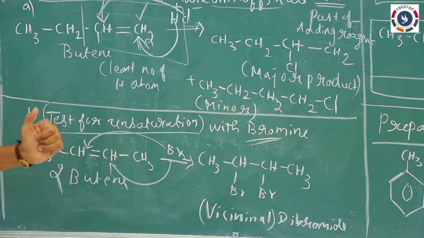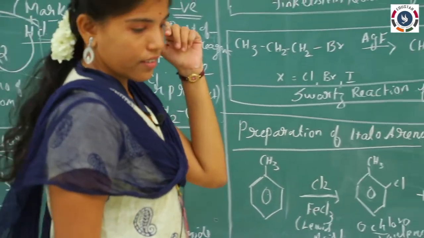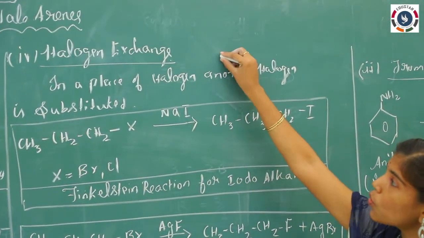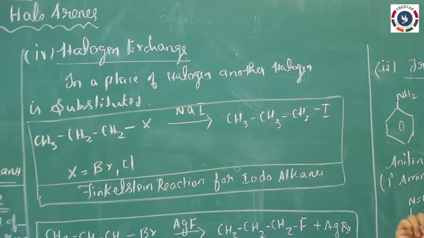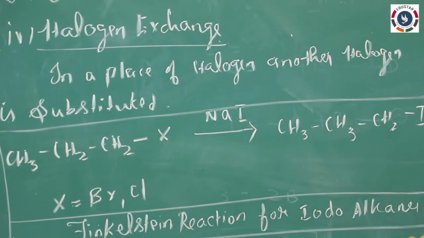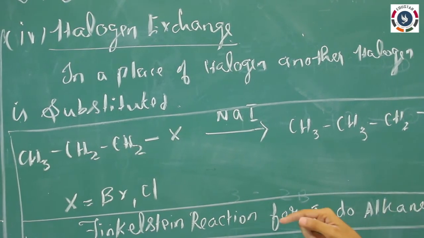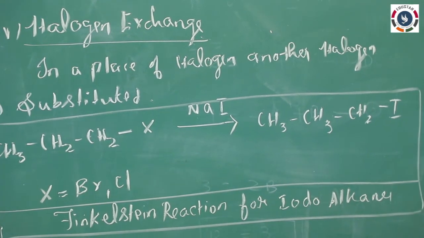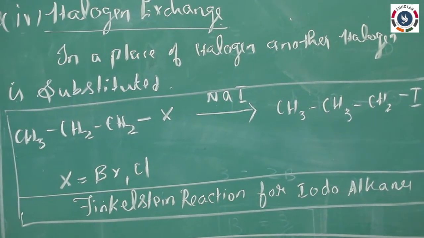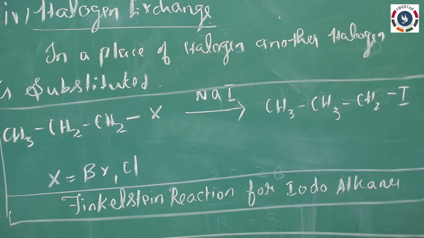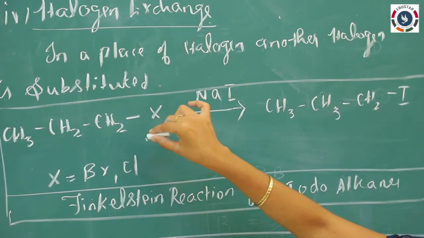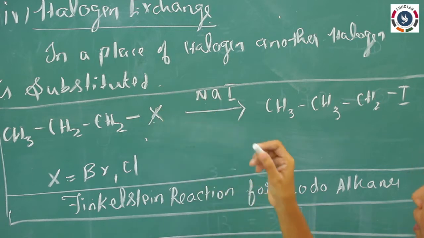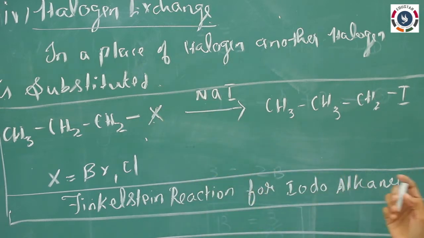Shall we move to the next method, that is halogen exchange. So what is the exchange? Already it is the haloalkane, but we are going to replace the halogen with some other halogen, that is, substitution of the halogen alone is taking place. Here we are not generally manufacturing haloalkane from some other compound. So here we are taking the same alkyl halide and treating it with another halogen to exchange with it.